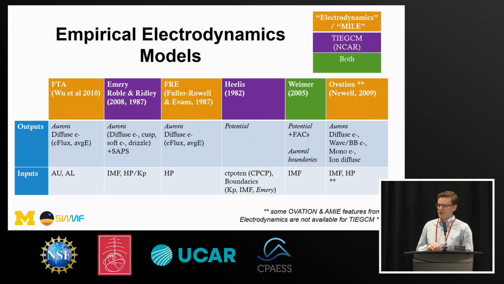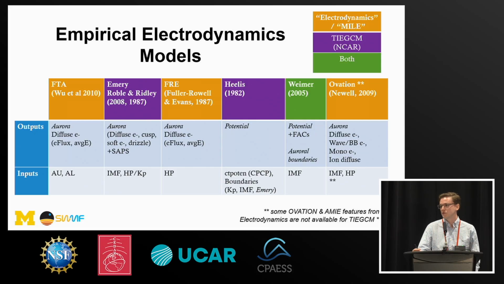Weimer is the only one that's common between the two of them. We have FTA, FRE, and Ovation are all in electrodynamics. Emory or Roble and Ridley and Helix are only in TiGCM, also in WACMX, just NCAR-specific models. Here we see the inputs, outputs,